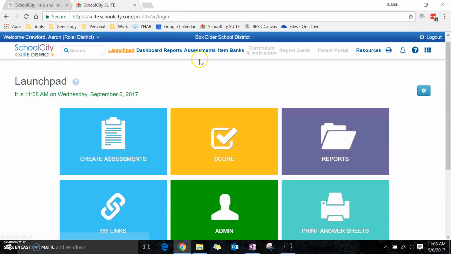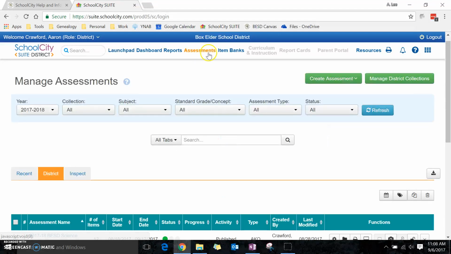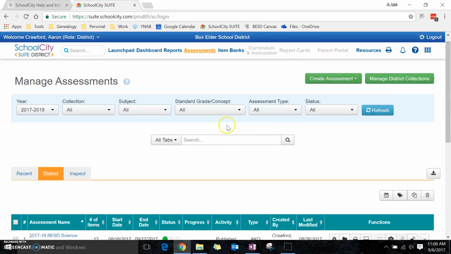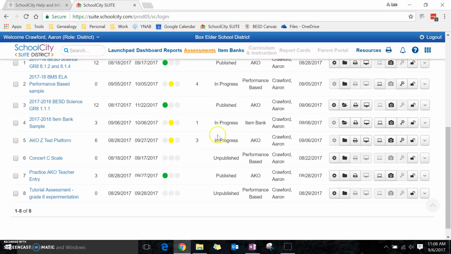So since you've already created the assessment, you're going to go into Assessments. And here, find the assessment that you want to give, whichever one it is. Remember, you can sort it up here as this list gets too long. So let's say I want to give this one. Over here on the right side, you'll see a printer. Remember, you can hover over and it'll show you what it is, but this one, nicely enough, looks like a